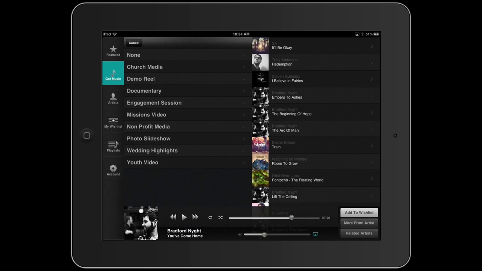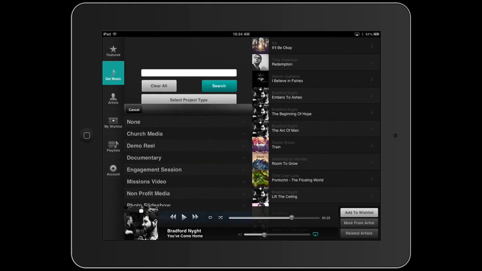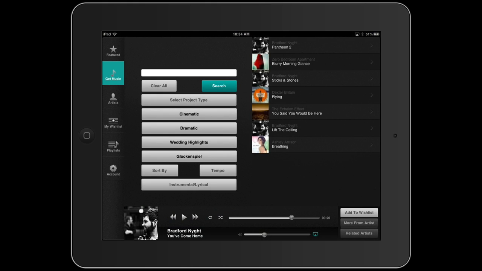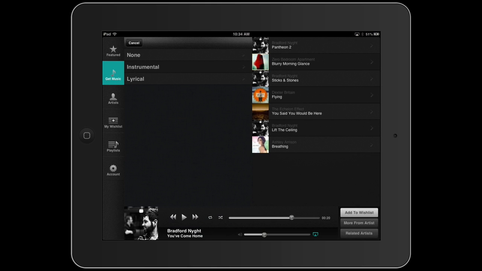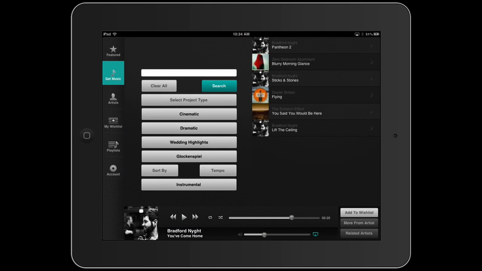Select perfect for, and let's say I'm really going to do wedding highlights. So now you see you can really sort of drill down into that listing of songs, and you can pick, of course, all sorts of different things. If you wanted it just to be instrumental, let's see if we still get some songs. Yes, we do. So there you have a list of instrumental songs with a Glockenspiel for wedding highlights, dramatic, and